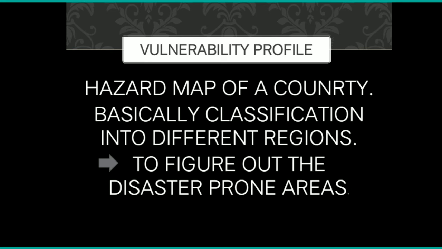So this vulnerability profile helps in planning and developing capacity building and so on. If you can understand the risk and the vulnerability to the hazard, you can frame capacity building measures to address the risk and vulnerability. If you can bring down the risk associated with a particular disaster, you are basically reducing the impact of a hazard. So that is the main aim of all these measures, to reduce the impact of the hazard.